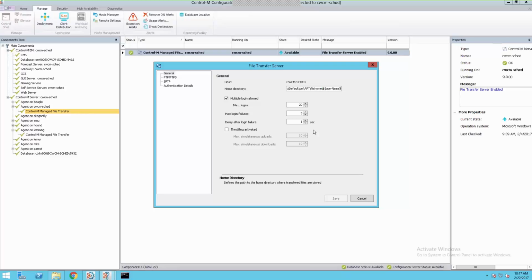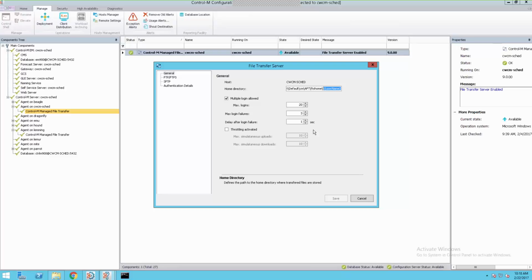You'll see here a variable after FTS home, $bracket username. So the intent of this is to use the username as the user's home directory, and the file transfer server will do what we call a change root